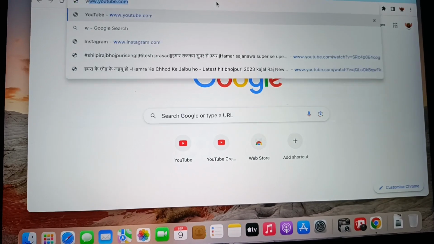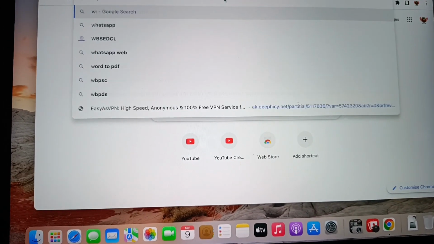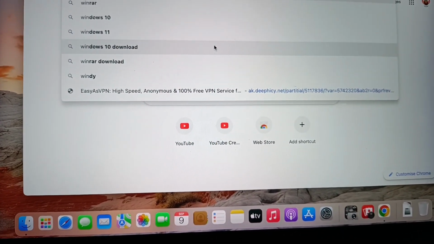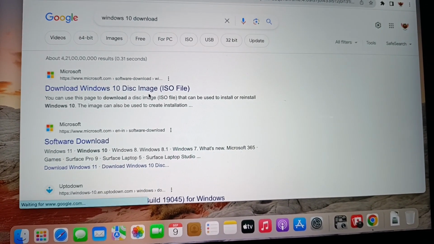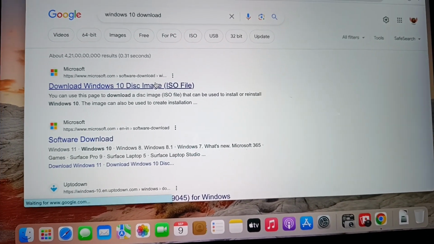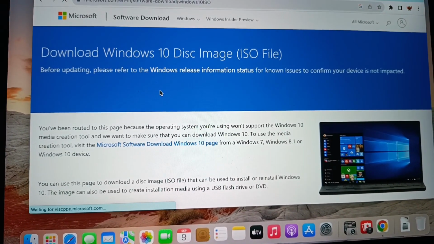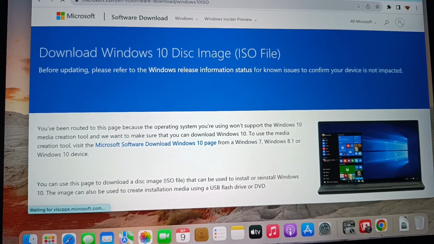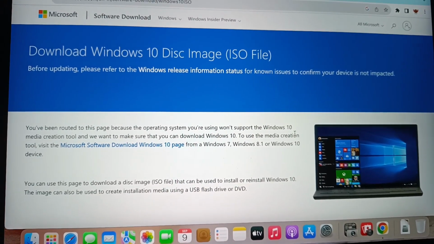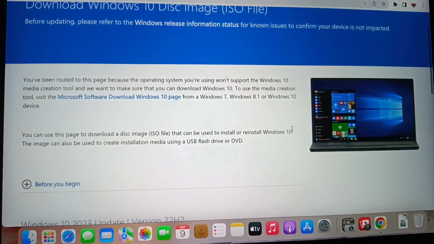Before that, you have to download the ISO file before installing Windows. So just go to your Chrome browser and search here Windows 10 download, and you will see the website of Microsoft where you have to enter. From there only we can download the ISO file of Windows 10 disk image. Okay, so this is the page where we have to enter, and then just scroll down a little bit